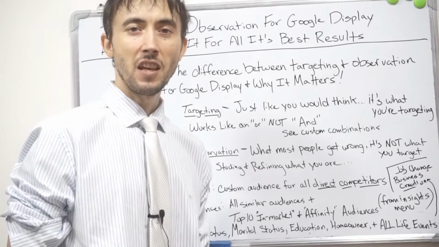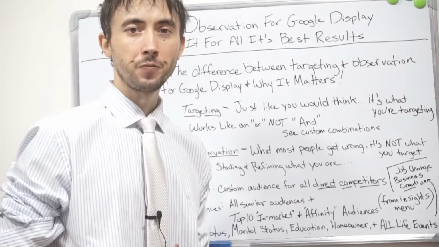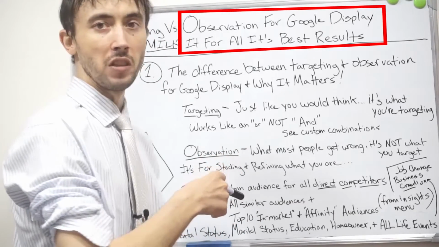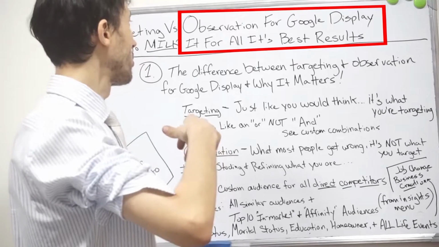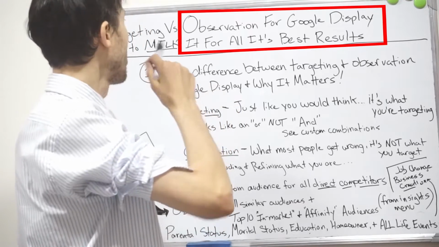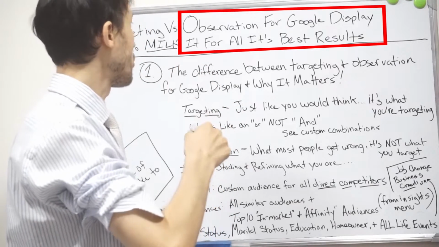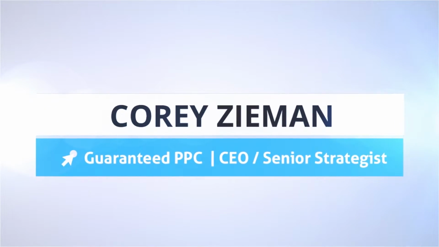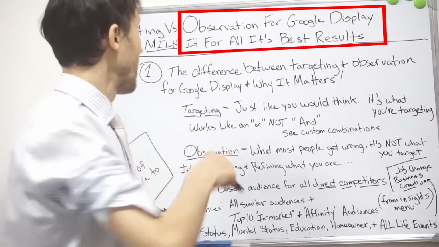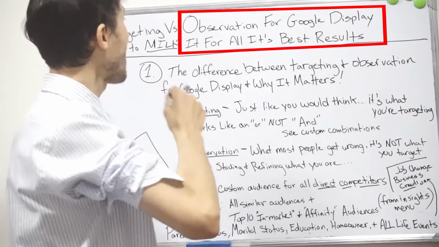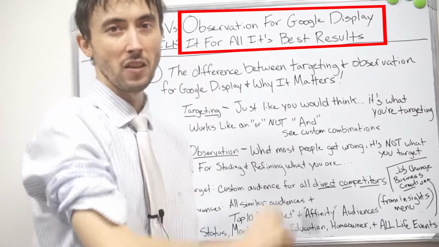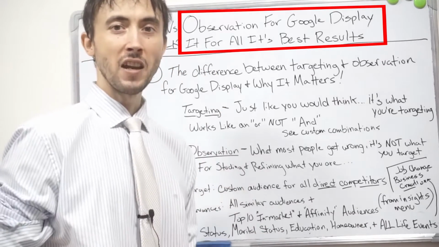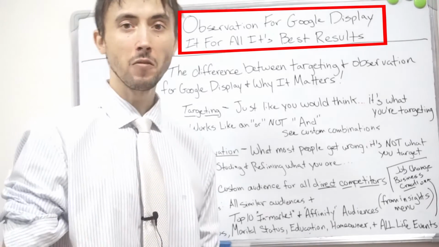Okay, so this video today that I'm making for you is about Google Display Network, specifically having to do with the traits or features of Google Display Network through Google Ads, the targeting versus observation feature. And actually, going a step further here, how to actually milk it for all its best results, or for all it's worth, basically. So how to run a Google Display Network campaign that you may be running, maybe not getting